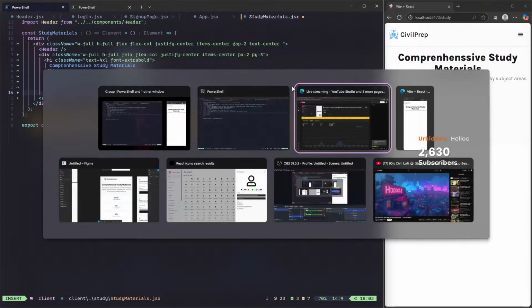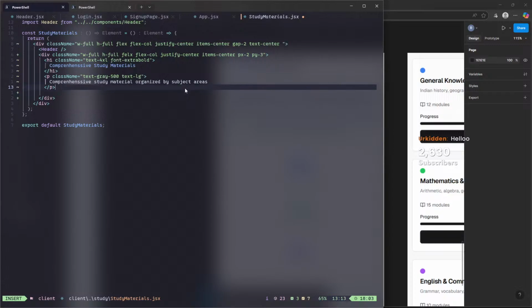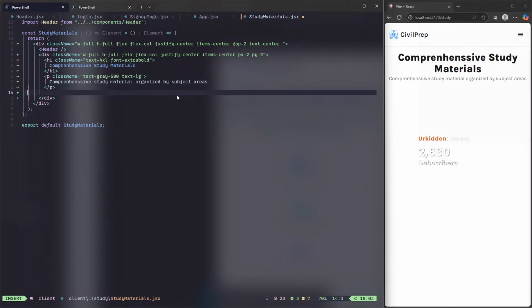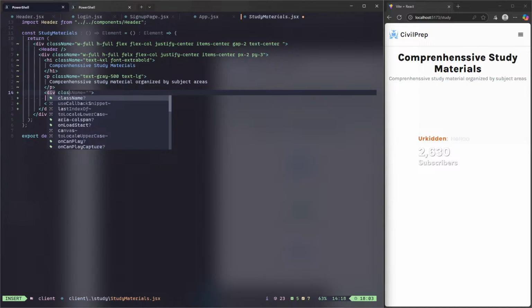Now what we want is this one, so it's gonna need, I think, a div. I just wanna do something like, okay,